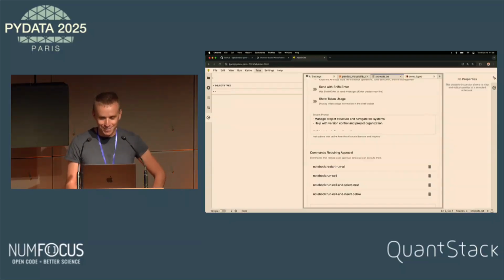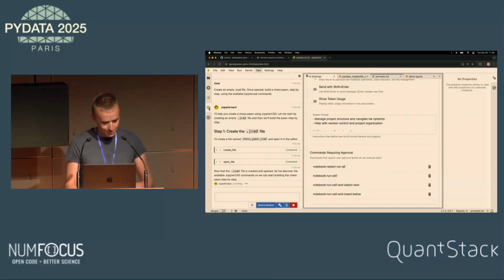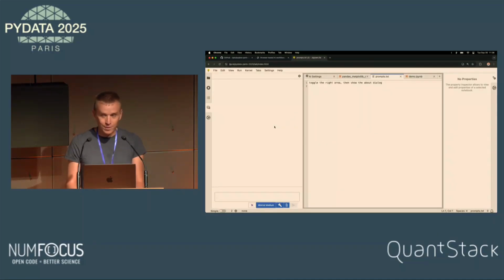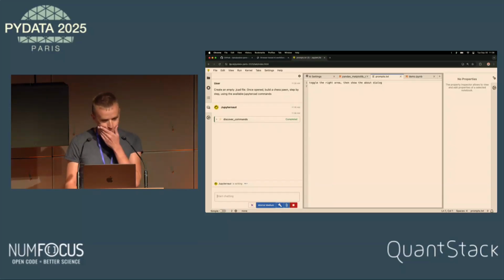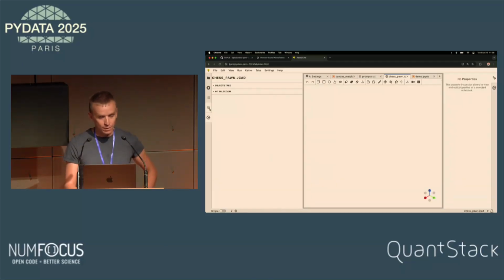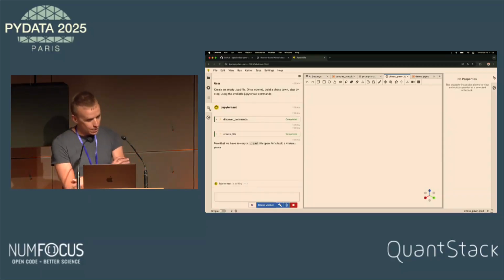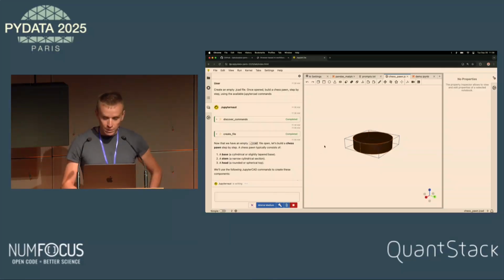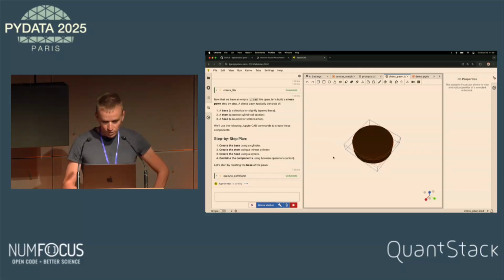Finally, a demo effect. Let me see if I can just redo it. It's also nice that in the browser you can just refresh and start clean. Okay, this time it created the file without an error. And now it's going to use the JupyterCAD commands to build this chess pawn. And I can interact with it at the same time and have a look at what is happening.